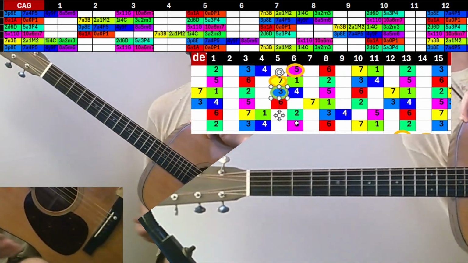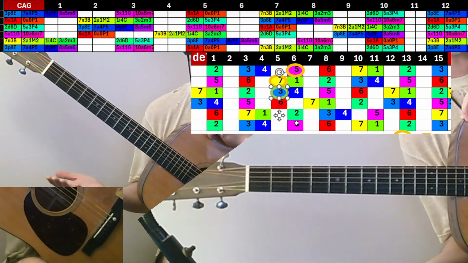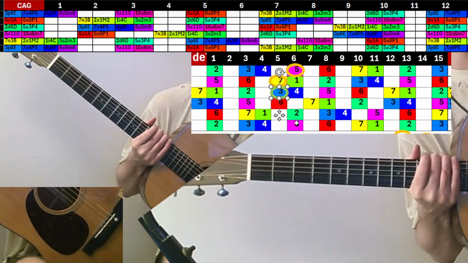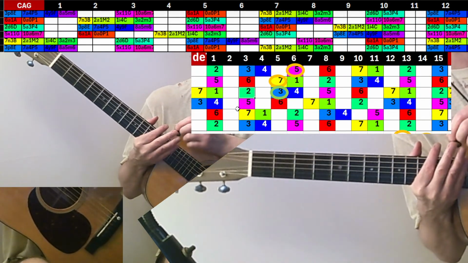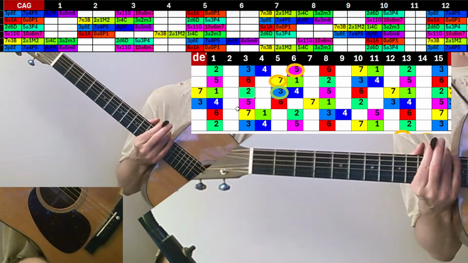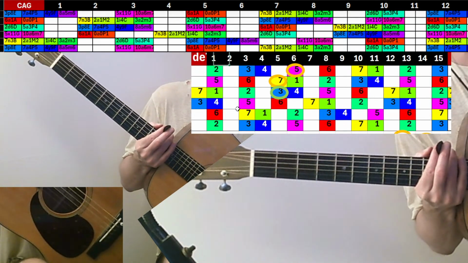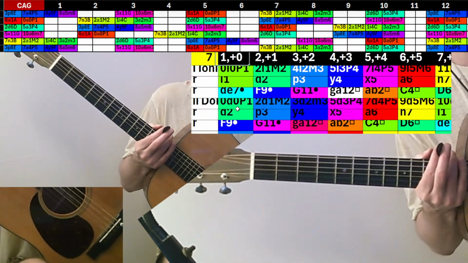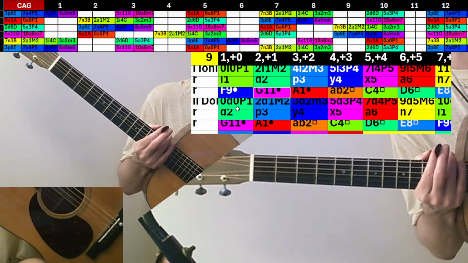An F, if you count A as 1, and I think it's useful to just name the notes with numbers. Again, I know that all these numbers annoy people, but if you numbered the notes, the whole spreadsheet works if you just put the numbers instead of the letters in there and stop giving 2 names for everything, because then you could say, if you just counted it up, it would be a 9, right? So we're going to say F is 9. It's not a sharp, it's not a flat, it's not sometimes this and sometimes that, no, it's a 9. Okay, so now I'm on the F major collection of notes,